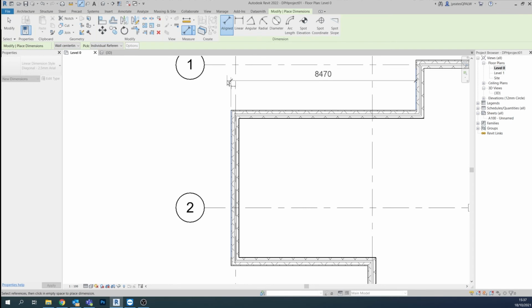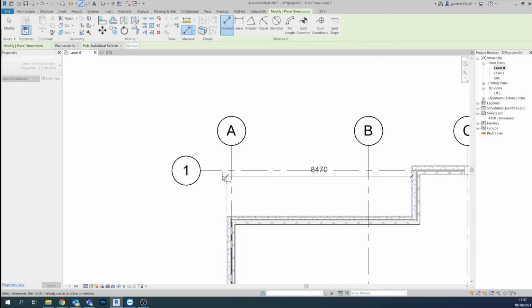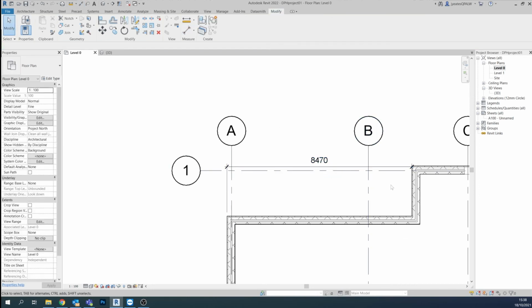So I've got a dimension that I'm just going to place just here. Okay, so the distance from this outside edge to this outside edge is currently 8,470, and that should actually be 8,595. Okay, so the rule with using dimensions to move walls and stuff like that is we have to select